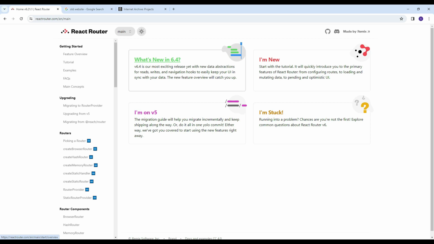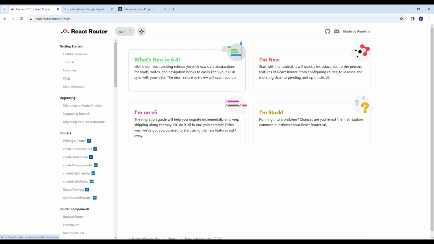Whenever you watch this video, the version might be different, so there might be slight syntax differences. As of now we are using the latest React Router version, v6.